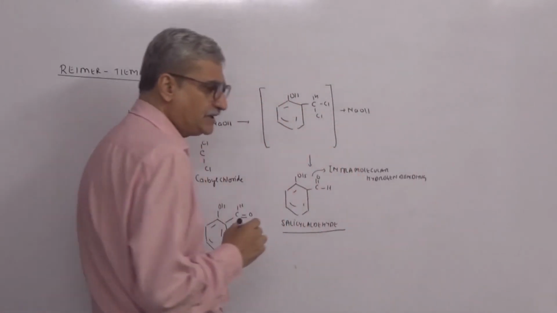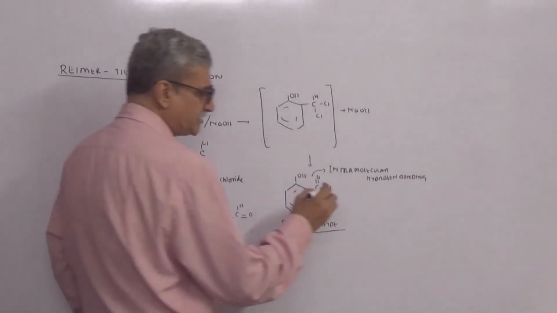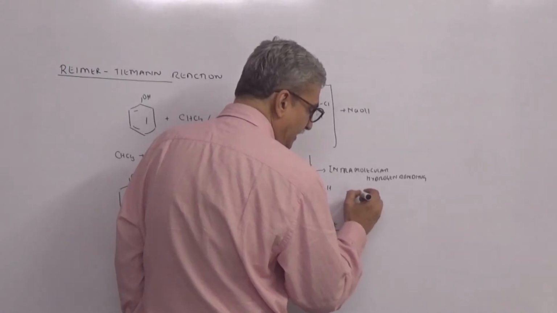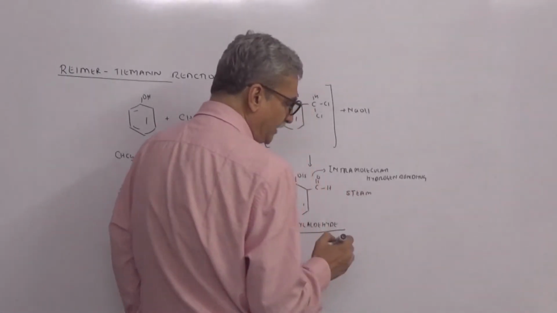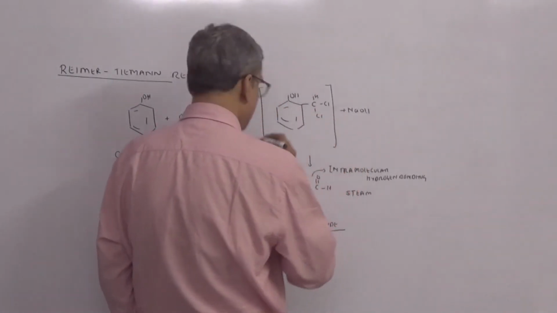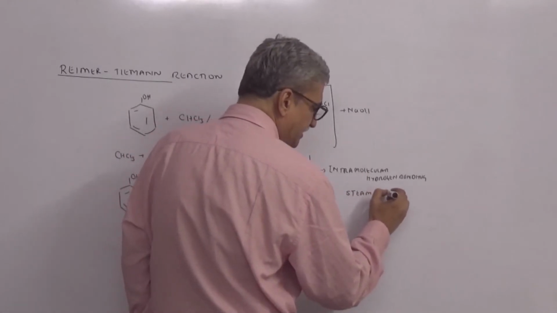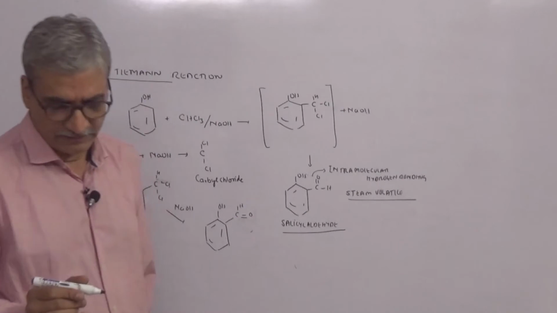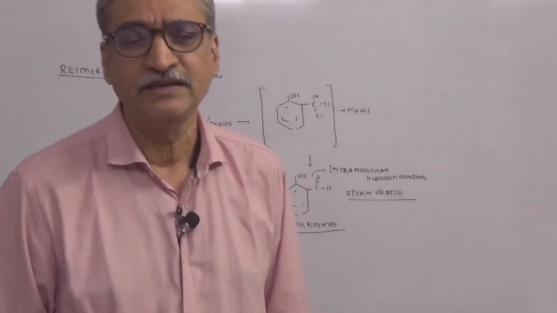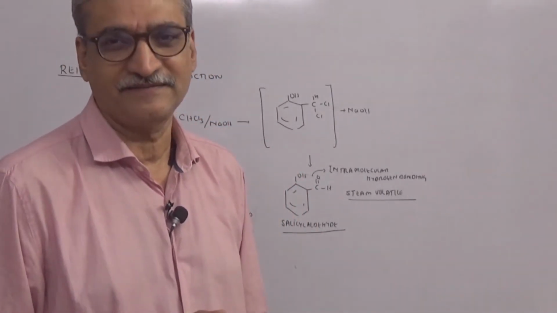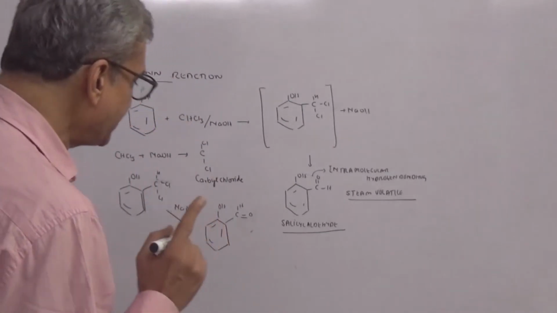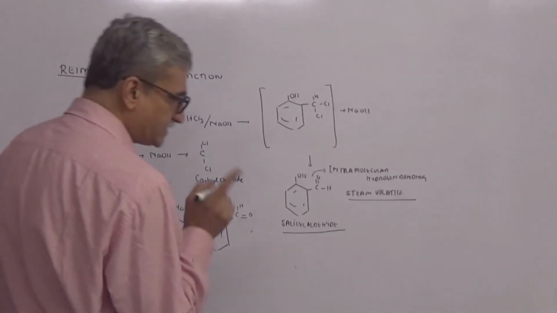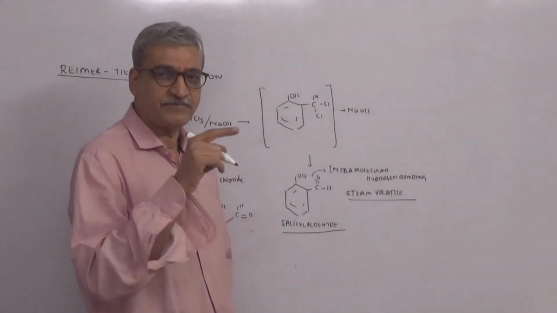So what will happen with intramolecular hydrogen bonding? This also will be steam volatile. So aniline, orthonitrophenol, salicylic acid and salicylaldehyde, all of them are steam volatile. That means they can be separated by using steam distillation. So we started with aniline in 11th, and we also mentioned essential oils; now we have expanded the scope.